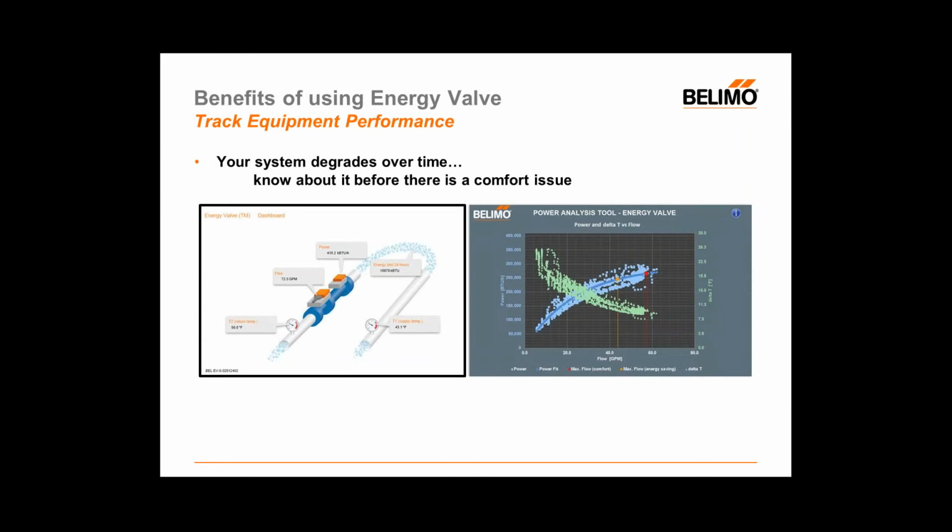And the last point we said as a benefit for the Belimo energy valve was our ability to track your equipment performance. Your system is going to degrade over time. Your coil performance will not be the same in year 3 as it was in year 1. Even if you have a really robust maintenance program for it, it'll still change. And if we're all honest with ourselves, most of us don't have a really robust maintenance program for our coils. And so we would be able to see our equipment degrading, and we can make some adjustments to it before